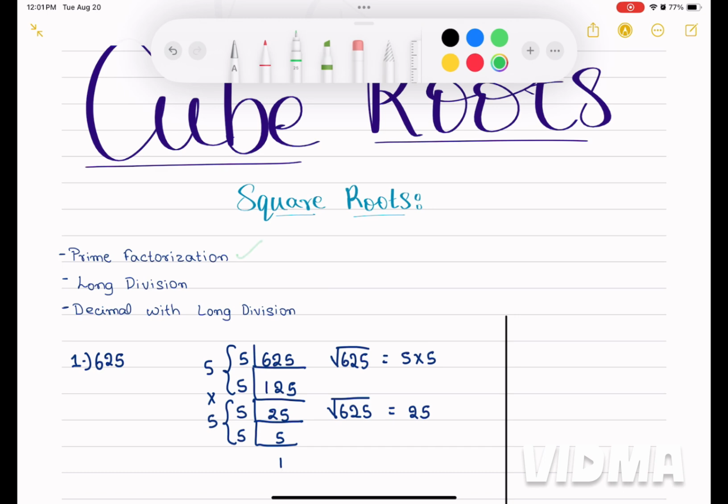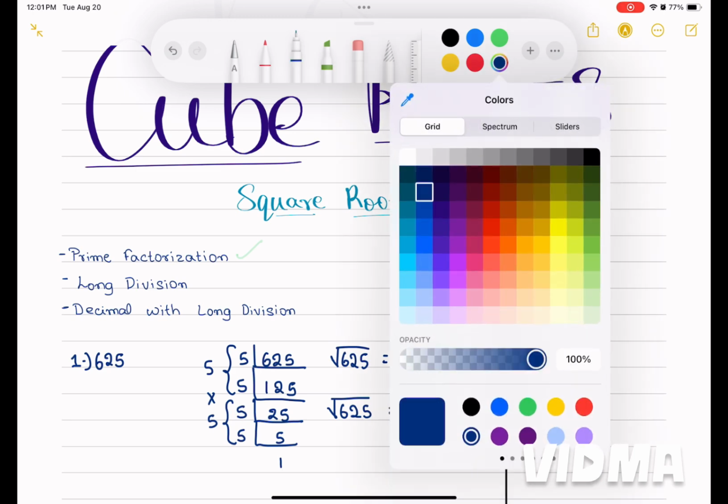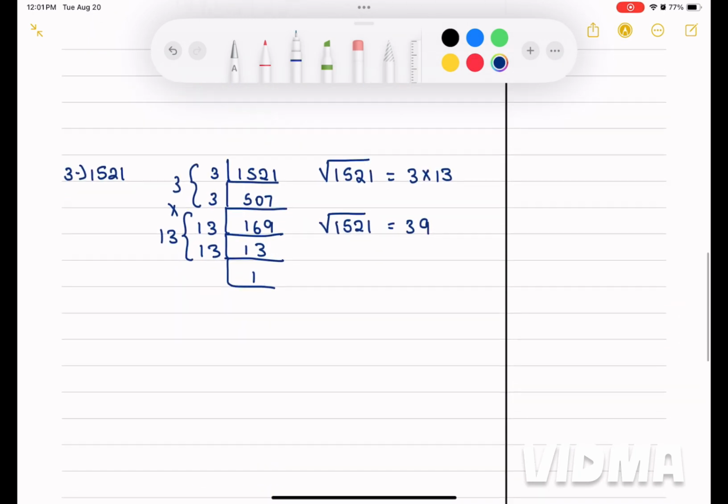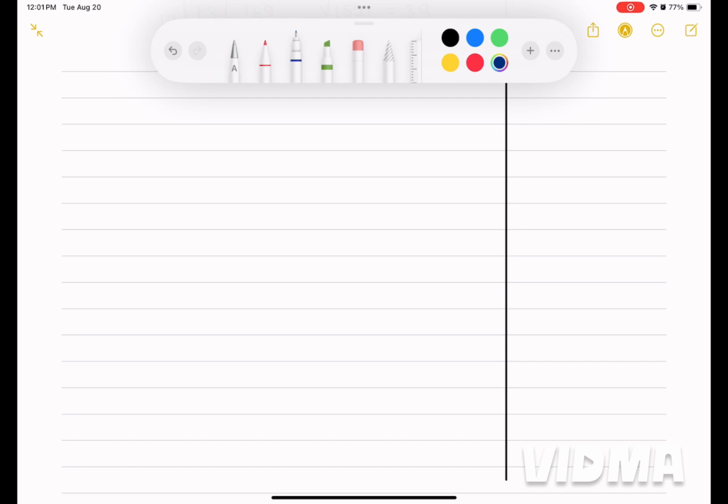Now let's tackle long division. This is somewhat similar to long division that you've done before. Let's take the same numbers so that we know that our answers are right, and then we can explore some big numbers. I'll write them down in the description box. Do practice. So let's take